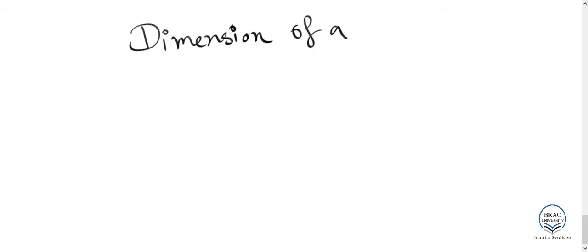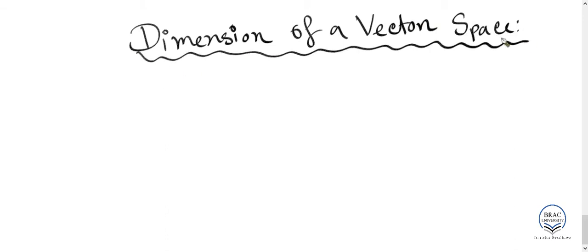Before going to basis, let's talk about the dimension of a vector space. So we saw that a vector space had n objects, that is n vectors,